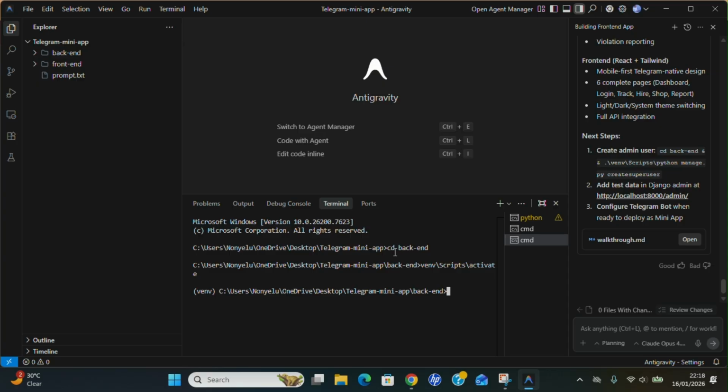Let us do python manage.py createsuperuser. For this superuser, I'm going to use my normal testing username, which is going to be Prof Rishi. For the email address, profrishi at gmail.com. For the password, I'm going to use